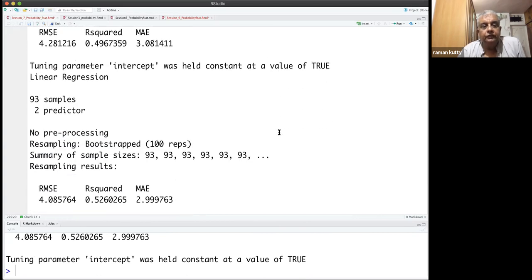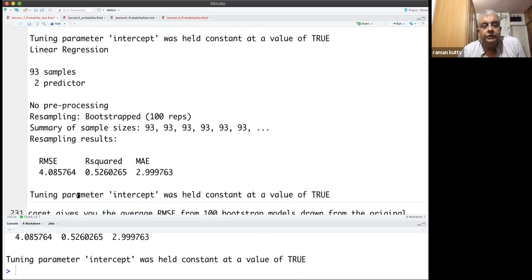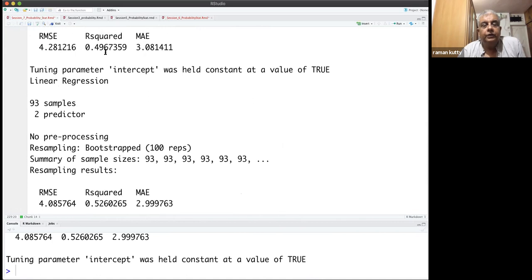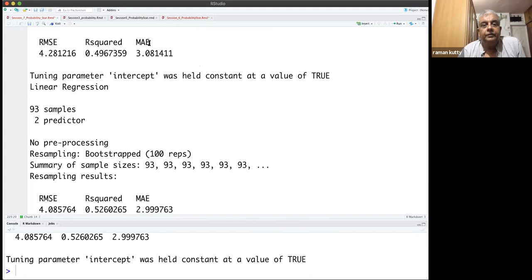Here the RMSE was 4.28, and it has become 4.08. R squared has become 0.52, and the mean absolute error also has come down. So this shows that the model with the interaction term is performing better by bootstrapping.